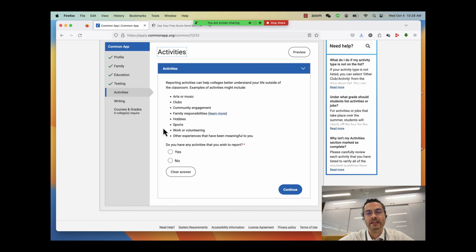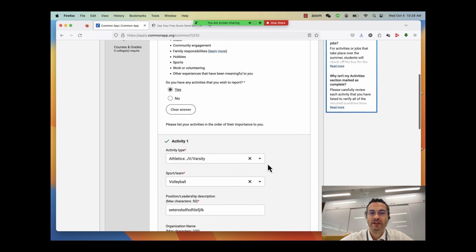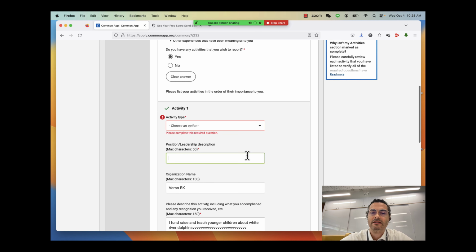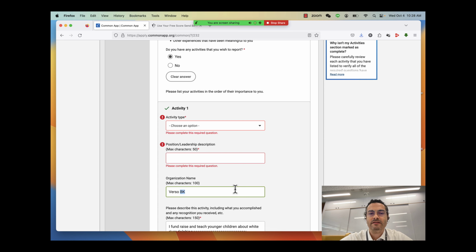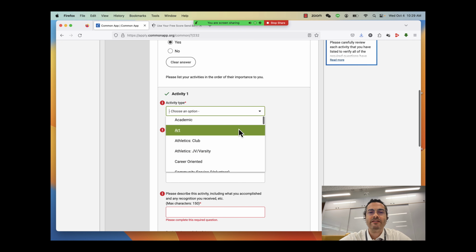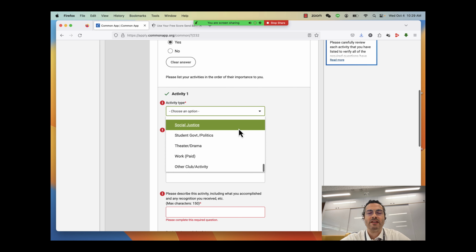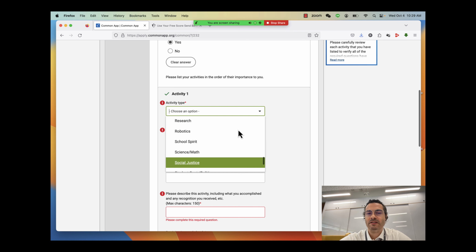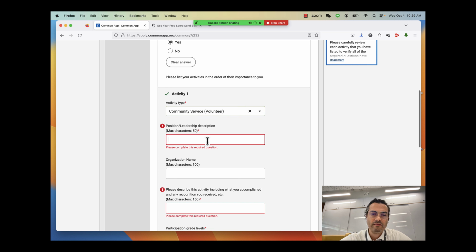activity list. And this will show you 10 blank areas for you to write into. If you want to report them, you hit yes. And it starts off, just put all these empty. I was already doing this with the students. So our first activity, if we use the example from real life, I was doing student counseling. So I was doing something related to service, community service, volunteering. I did counseling